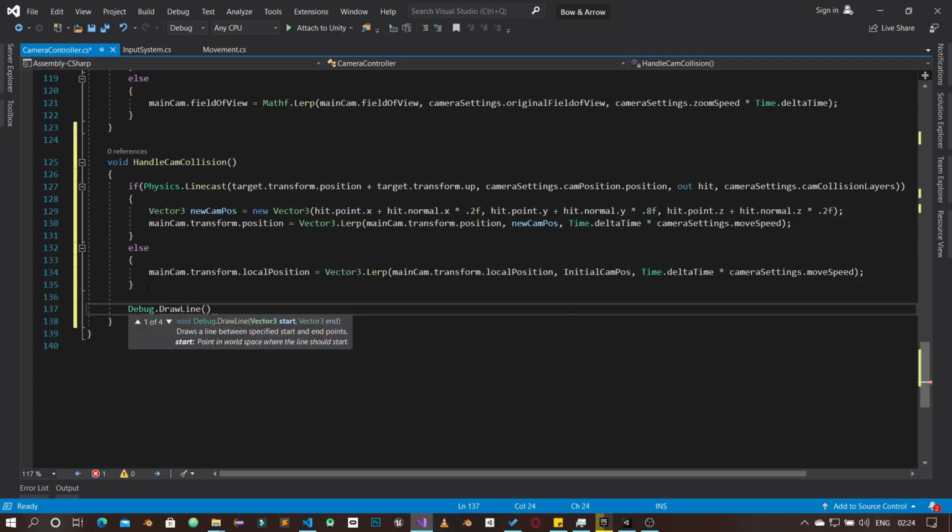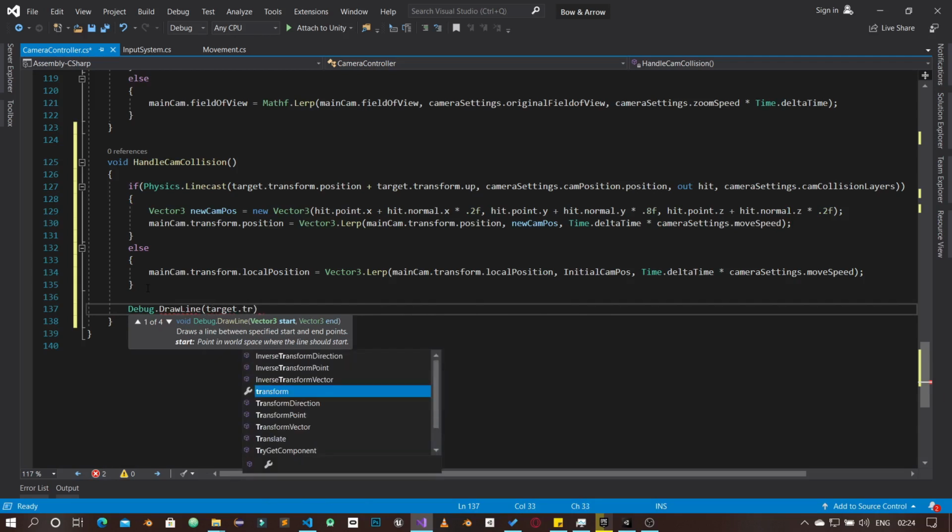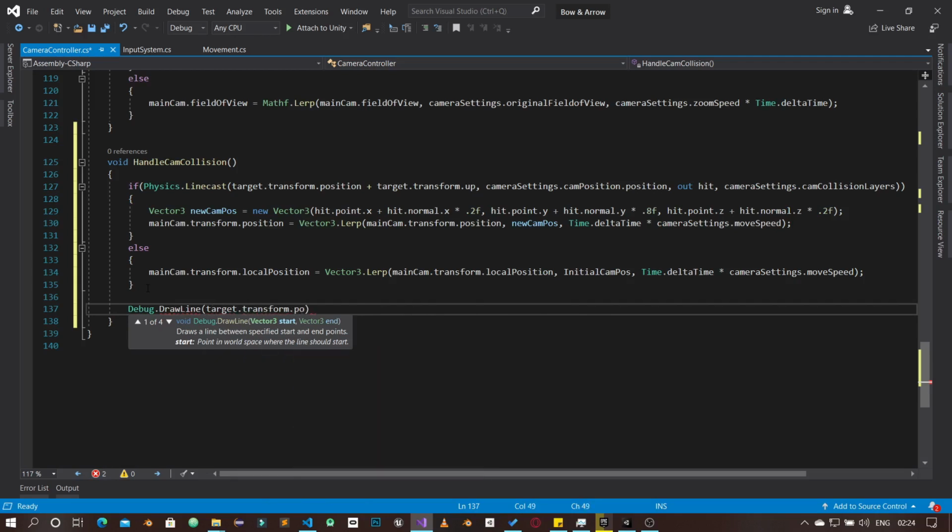I want to visualize the ray that is being drawn so we can understand. So target transform position plus target transform up,